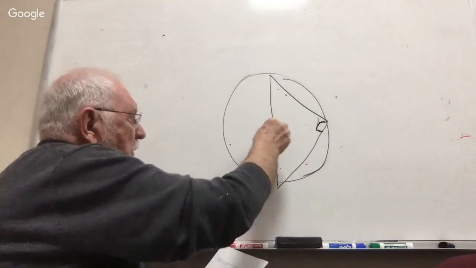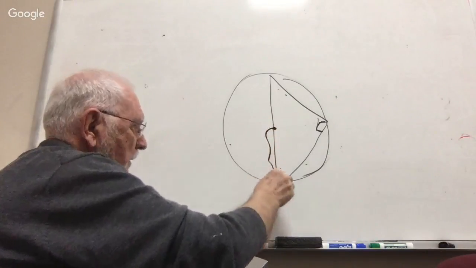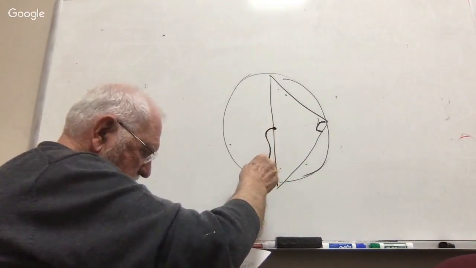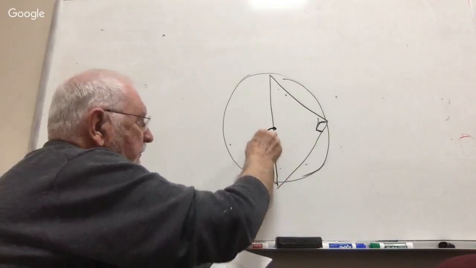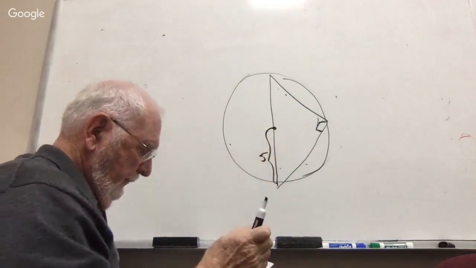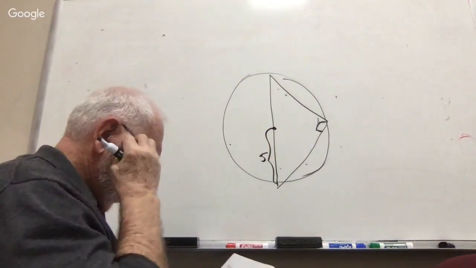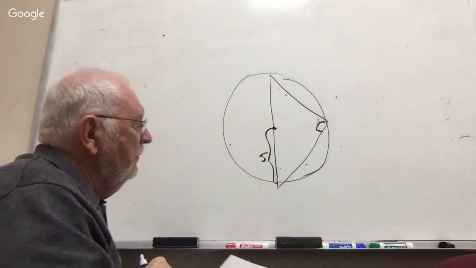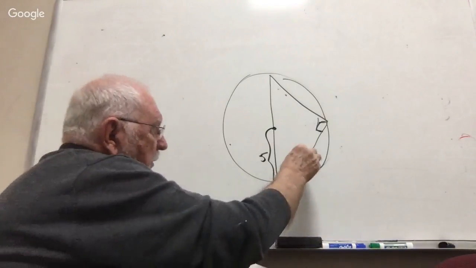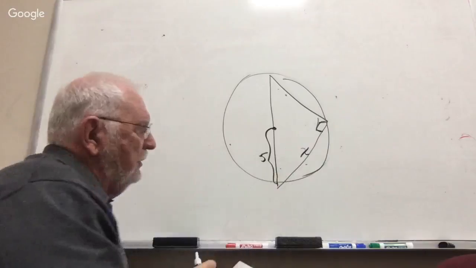The radius of this circle is 5. And if we put an X right there,